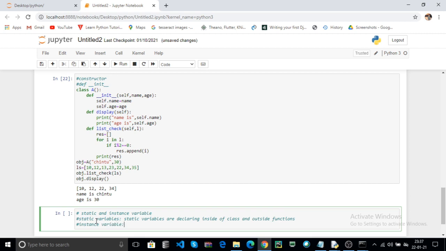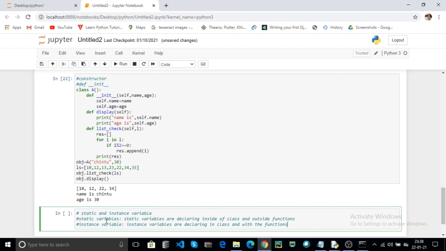Now instance variables are declared in the class and within the functions.